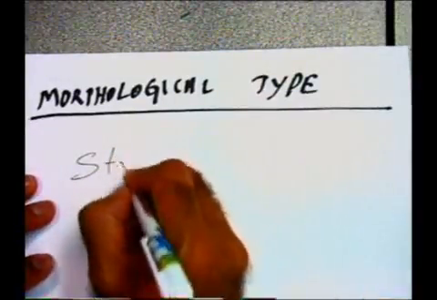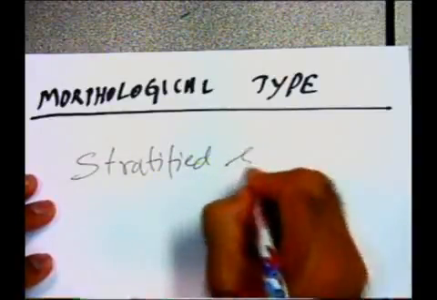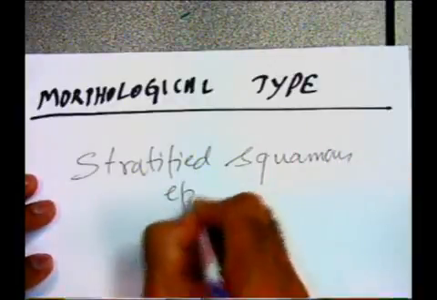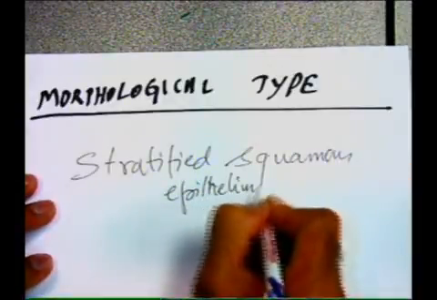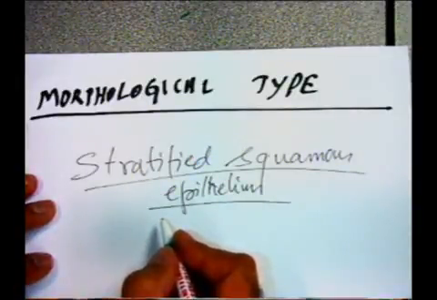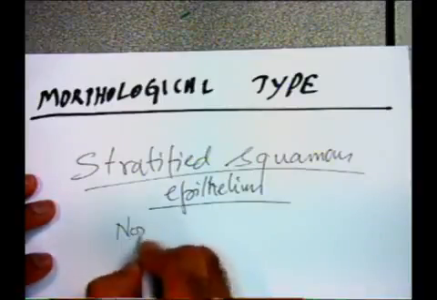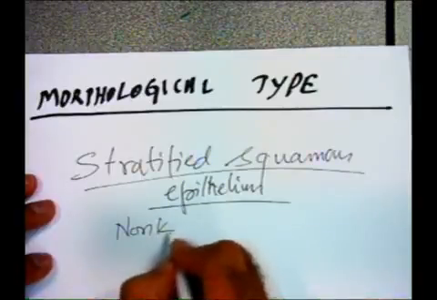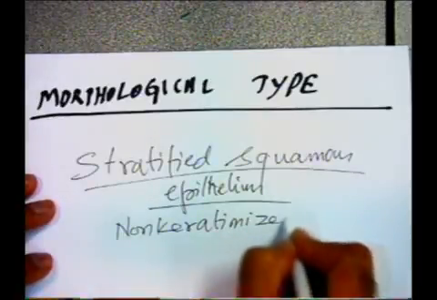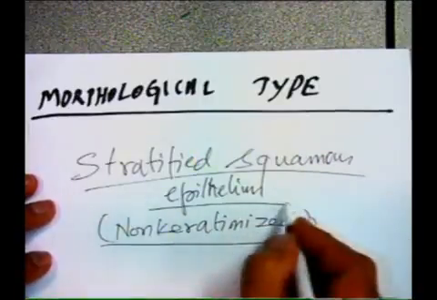Stratified squamous epithelium, and this is non-keratinized. We will classify keratinized and non-keratinized. Now, keratin is not present in these cells. Stratified squamous epithelium,